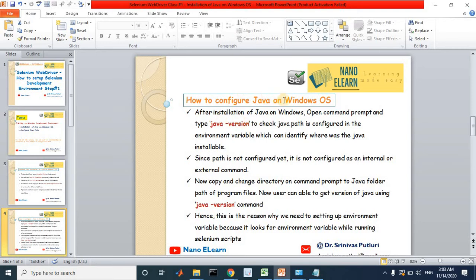Let us see how to configure Java on Windows operating system. After installation of Java on Windows, open command prompt and type java -version to check the Java path is configured in the environment variable or not. That is, it can identify where the Java installable is.